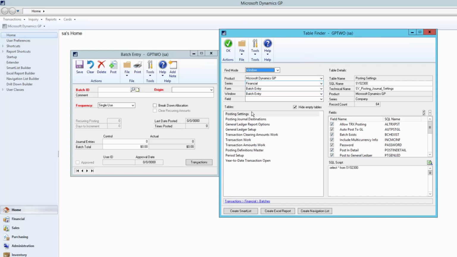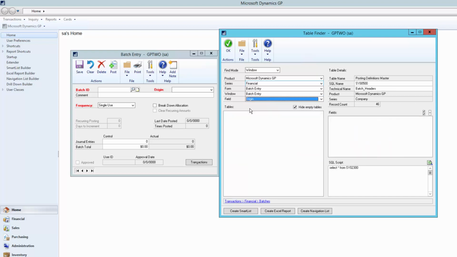You can see the list of tables that this window uses. And that's still a little bit too much for me. I'm not sure which one of these specific tables holds a field like the origin. So we can take this a step farther, and in the field box, we can select which field we're looking for. So I'll select origin, and it's going to tell me that that's in the posting definitions master.